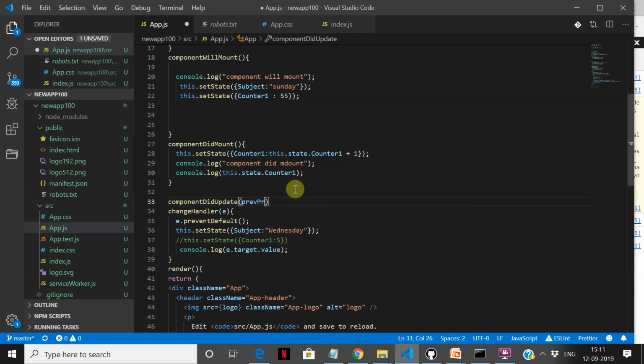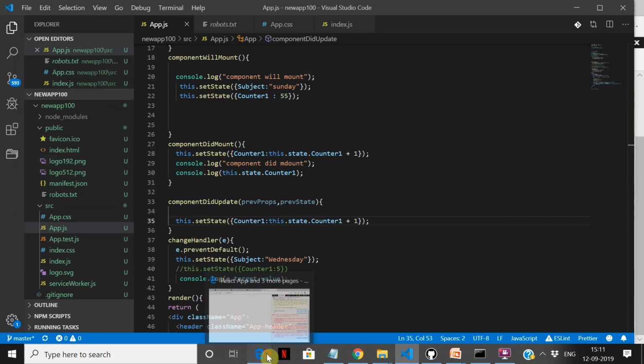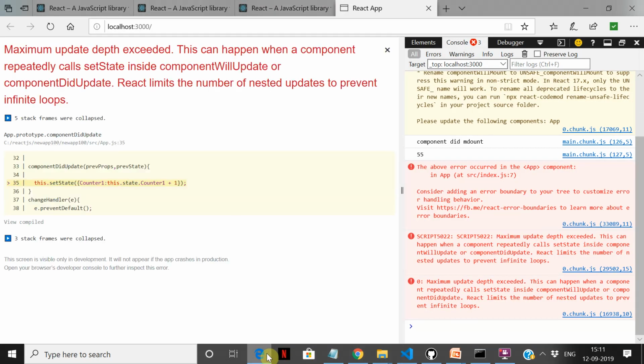So now let's change this to component did update. It takes two variables. Now if we keep on changing it, I'm going to increment this every time.